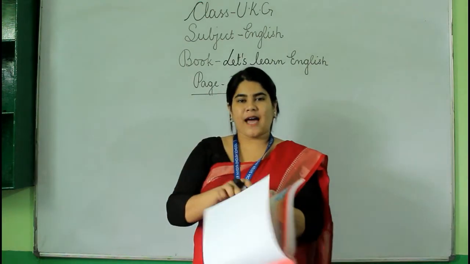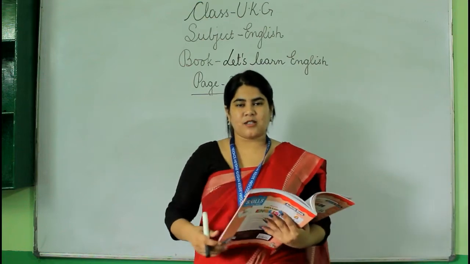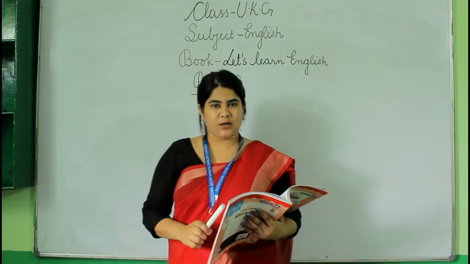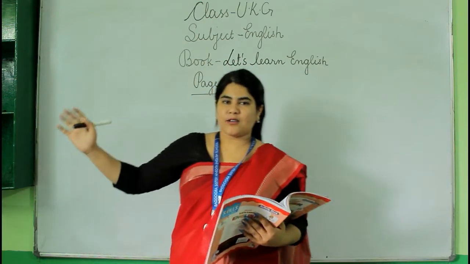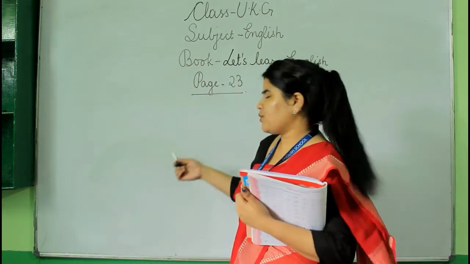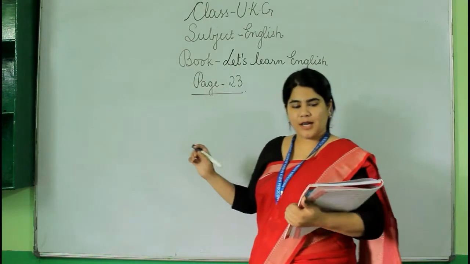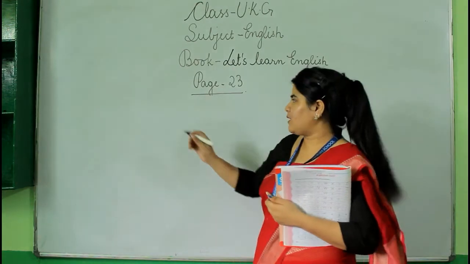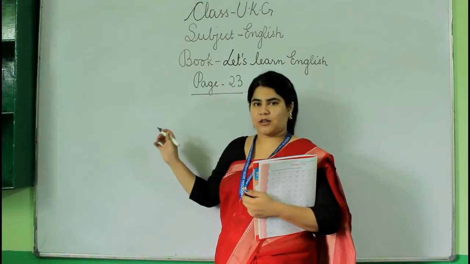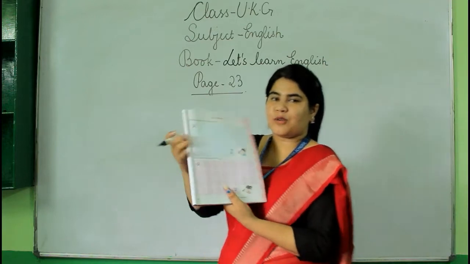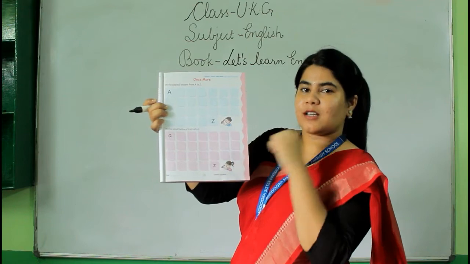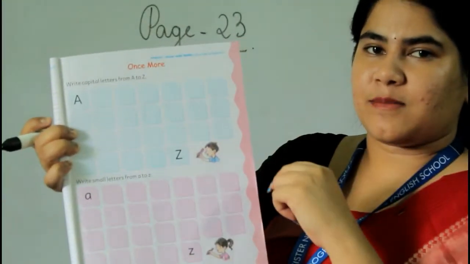Before that, we have already started all these capital letters you have done in your previous classes also, and now we are going to do the revisions, okay? Both capital letters A to Z and the small letters A to Z, okay? So now I'm going to show you on the board how you will write, okay? Just have a look at the board very carefully. I'm going to write both, that is capital and small, okay? But what you have to do here, first you will write in capital, then again you will be starting with small letters, okay? In these both columns, alright?